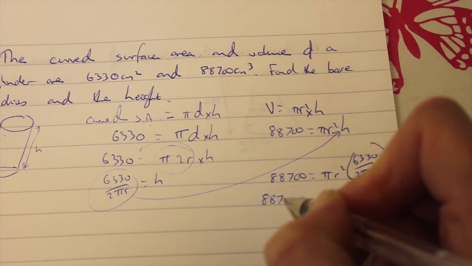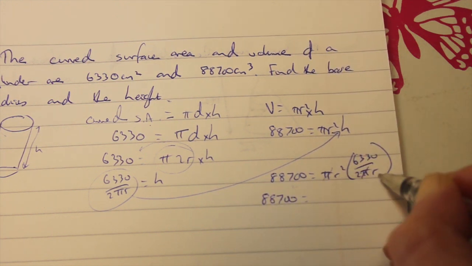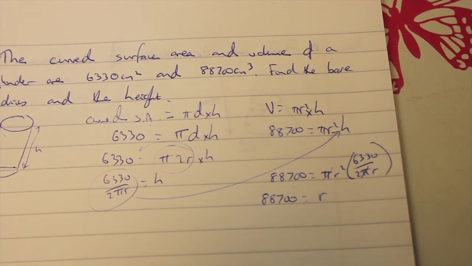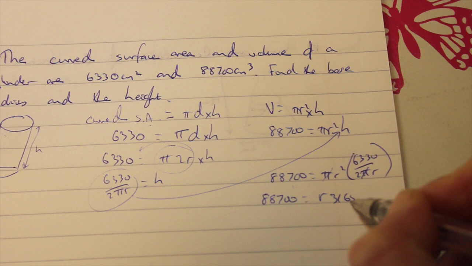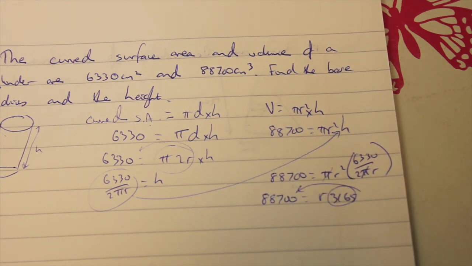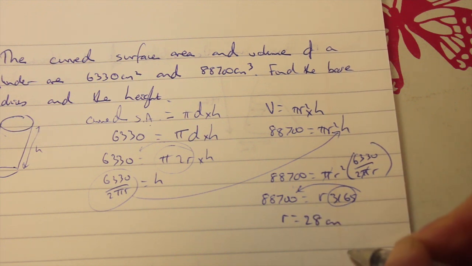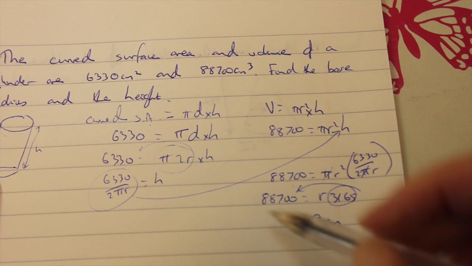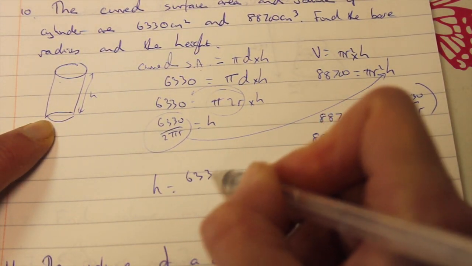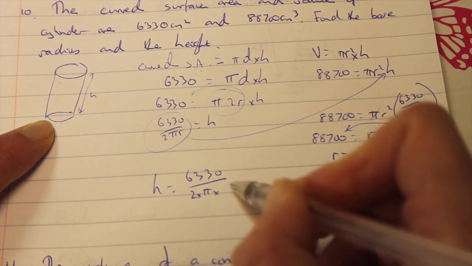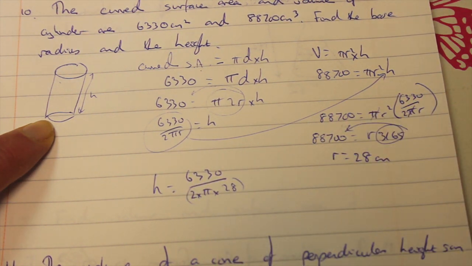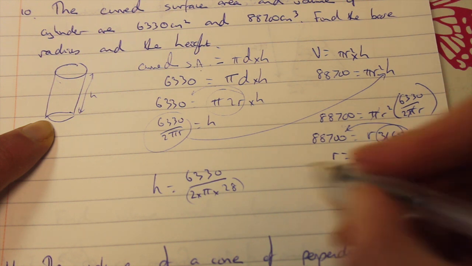So just simplifying this down, pi over pi, r squared over r gives you r. 6330 divided by 2 gives you 3165. Bring that across and divide. 88700 divided by 3165 gives me a radius of 28 centimetres. To work out the height, just pop it into there. So the height is 6330 over 2 times pi times my radius. So in the calculator I will put in 6330 divided by, open brackets, 2 times pi times my previous answer, close brackets, gives me a height of